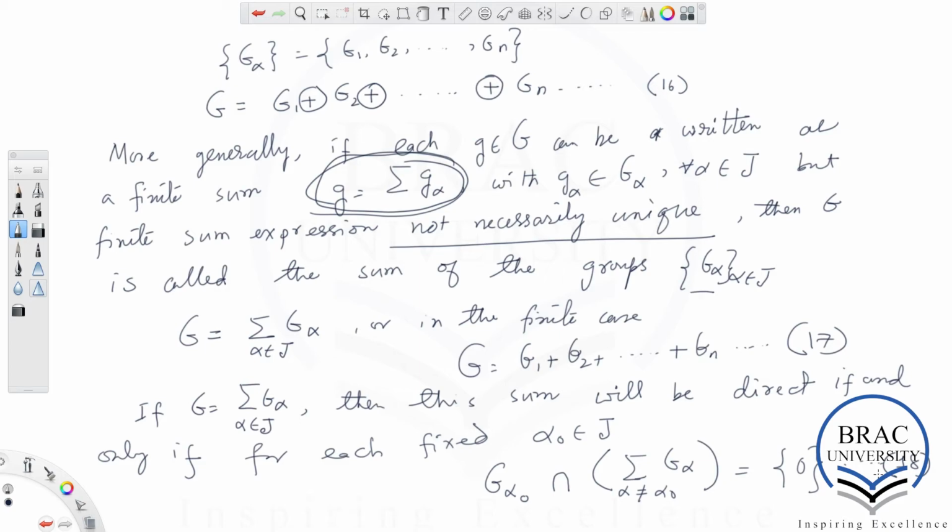So there is no non-trivial overlapping between the elements in this collection.